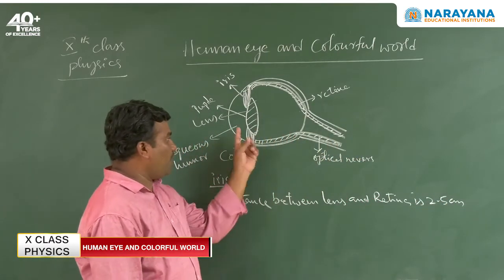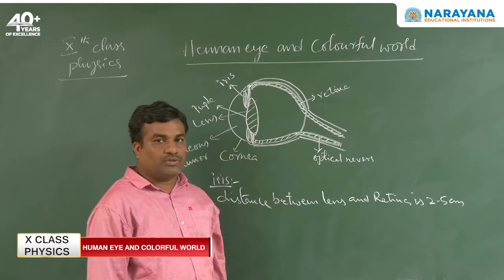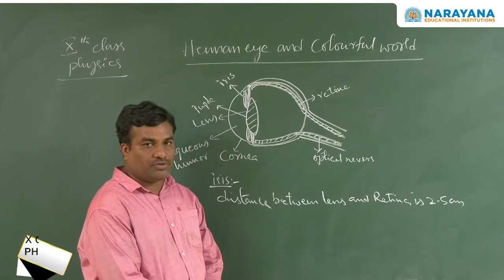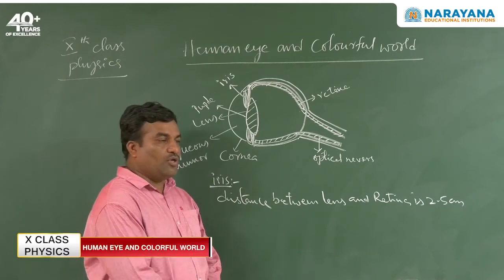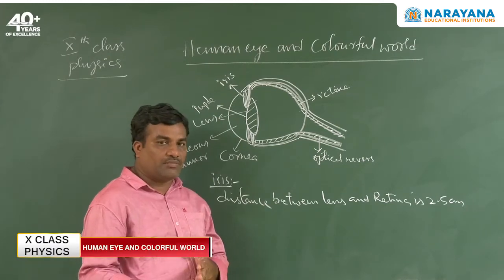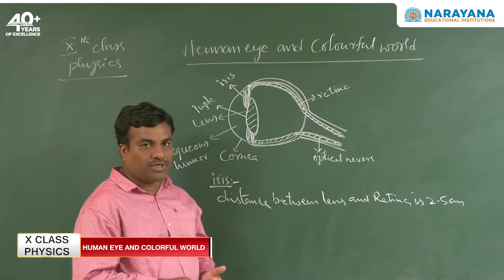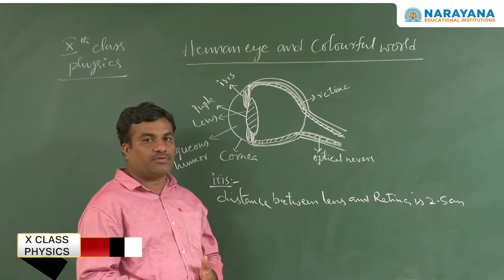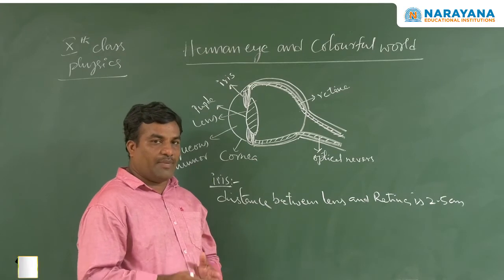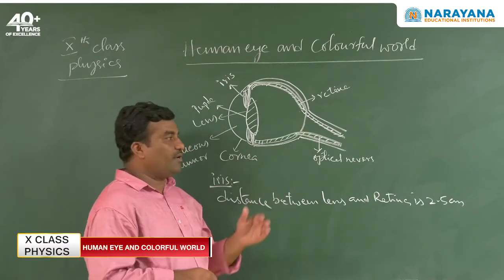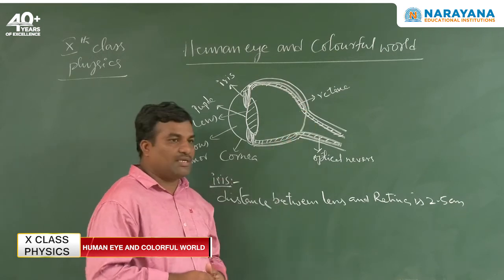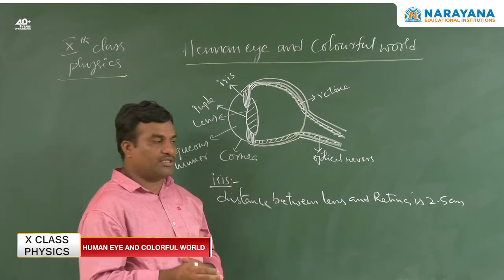Suppose we observe various positions of the object, but we are getting the same image distance at any time. Whether we see a long distance object, a closer object, or an object at an in-between distance, the image always forms on the retina only. How is it possible? How can we get images at a constant image distance?